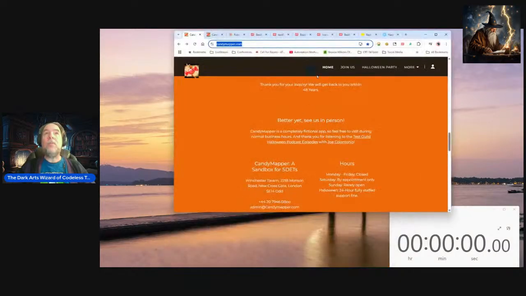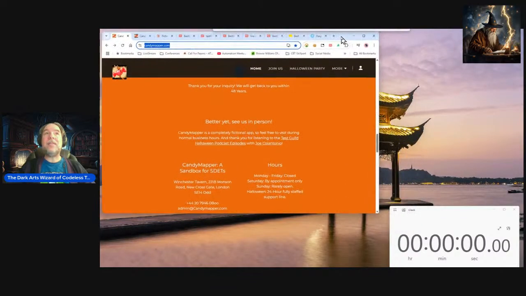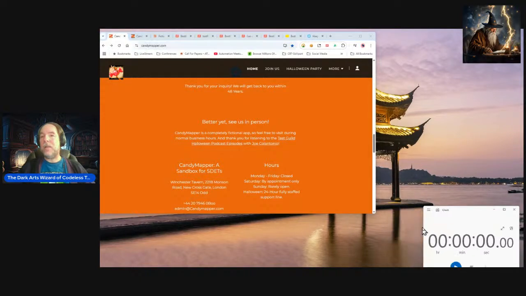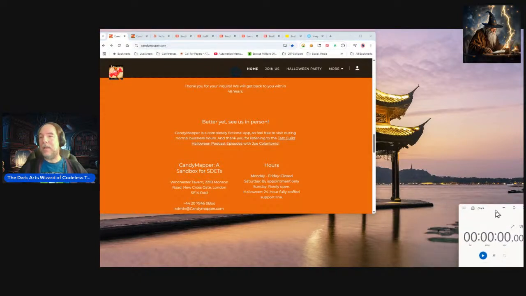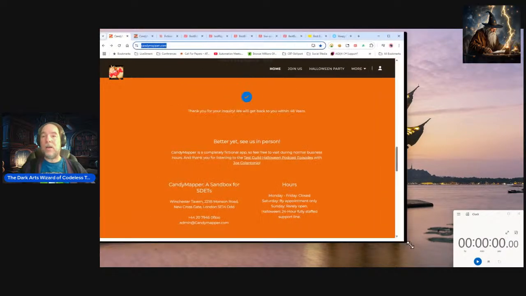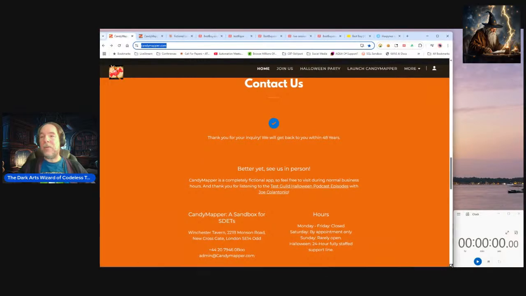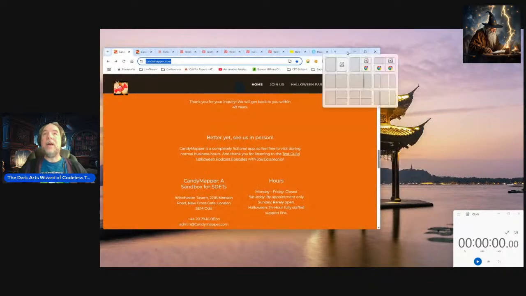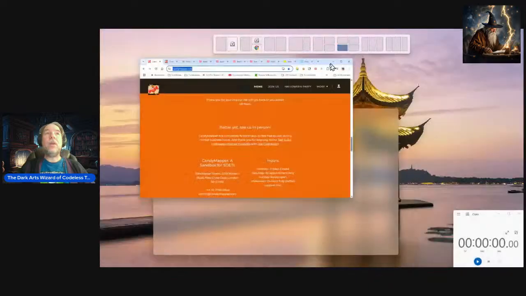And I'm going to go bring up Candy Mapper. We'll set it up to the side over here. Now, can I adjust this so it's a little bit smaller? Yes, I can. All right. So we're going to keep the clock in the lower screen over here. And I'm going to set a timer, and we're going to start it up over here. Whoops, sorry, lost it. Okay, we're going to bring it up over here.